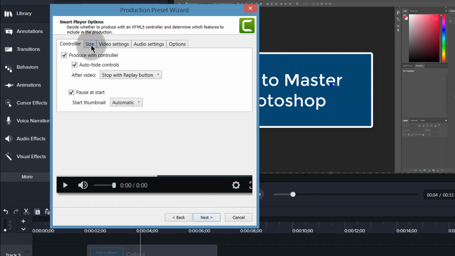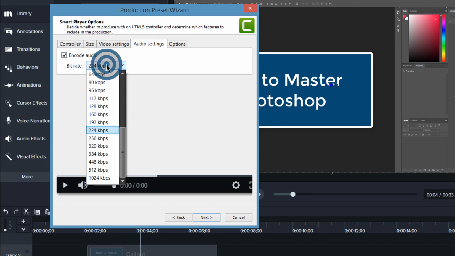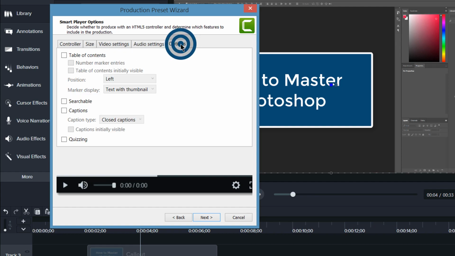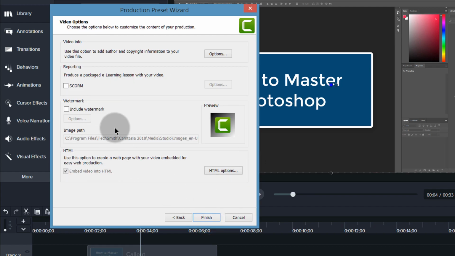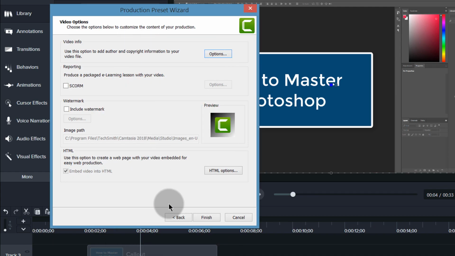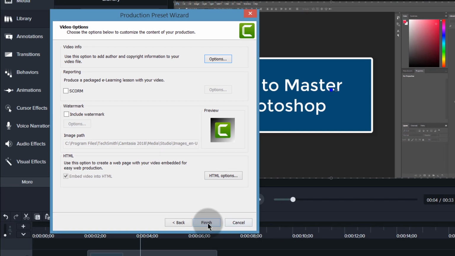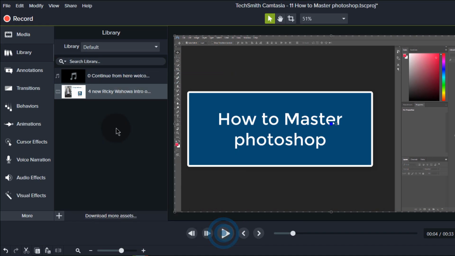click next. And if there's anything that I want to change, one thing that you'll probably want to change with the default presets will be the audio quality. You can put it at 320 kilobytes. And once you give it a name, you can just continue next. You can click there to edit the author information and everything for the new preset that you're creating. And you can click finish, and then you can close,